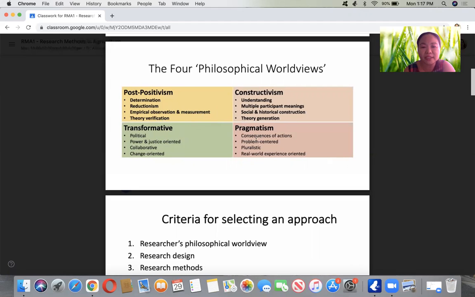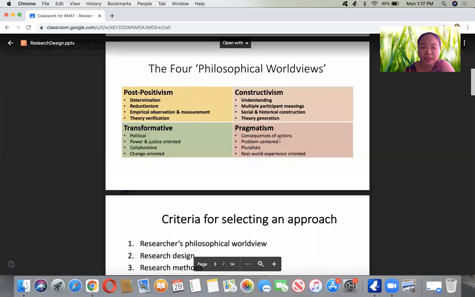And the last one is pragmatism: the consequences of actions, problem centered and pluralistic, real world experience oriented. I guess the pragmatist point of view is very experience oriented compared to the three, and